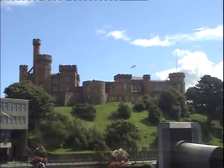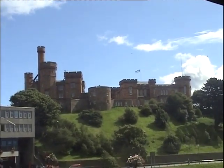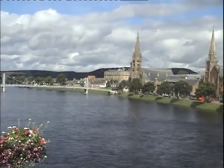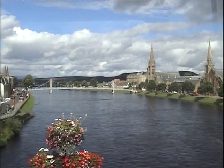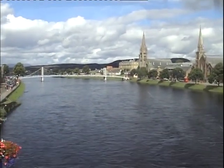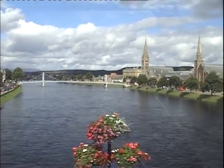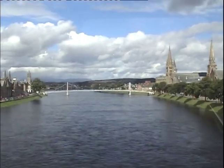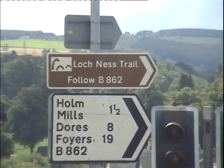The bridge was designed by J.M. Rendel in 1850. That replaced the 6-arch stone structure built in the 17th century and washed away by the great flood of 1849. It housed the town jail between the 2nd and 3rd arches. The prisoners didn't like it as they got their feet wet at high tide. We are now approaching